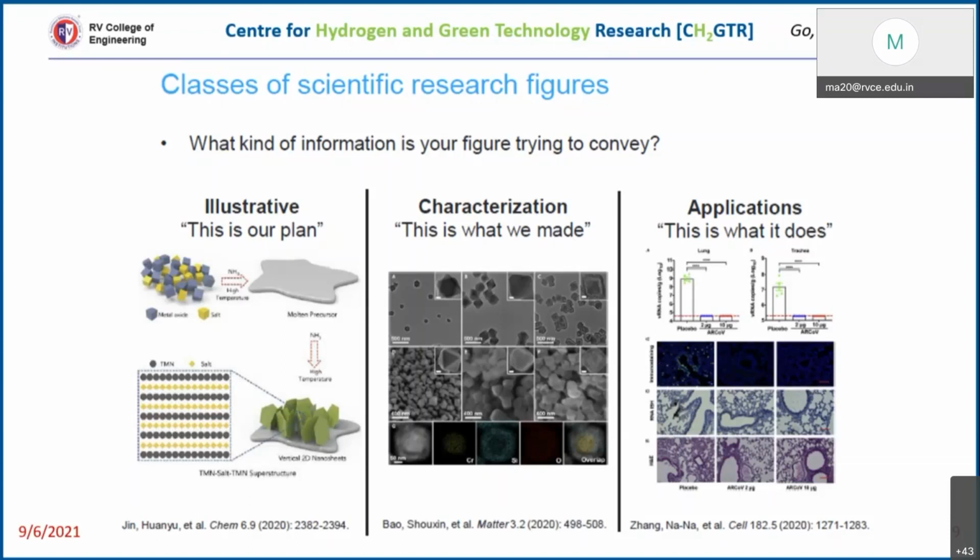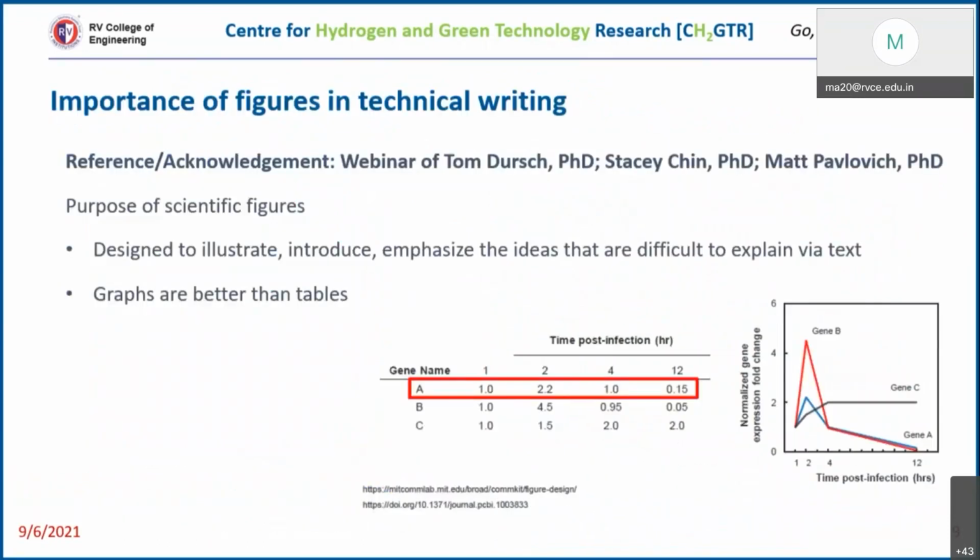Say you have a line graph where there are 3 or 4 lines of different colors. You will indicate what the red line is showing, what the blue line indicates, and what the green line represents. That is the legend. In the example that I showed you here, the red colored line is gene B, that is the legend. The black colored line is gene C, that's the legend. The blue colored line is gene A, that's the legend.